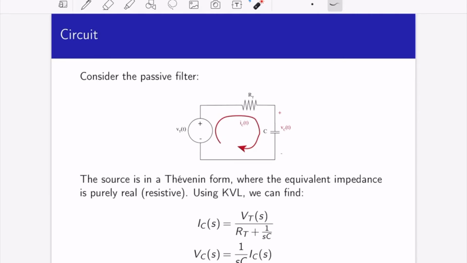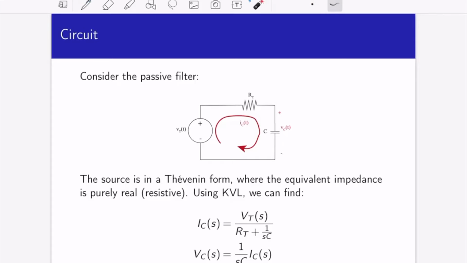Let's consider the circuit shown. This is a passive filter. We have a source that is in Thevenin form that consists of an independent voltage source, V_t(t), and a purely resistive impedance, R_t. We then add a load of a capacitor. If we write the equation for this circuit, we have minus V plus I_C R_t plus I_C times 1 over sC